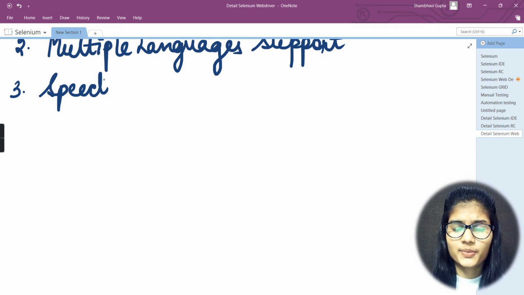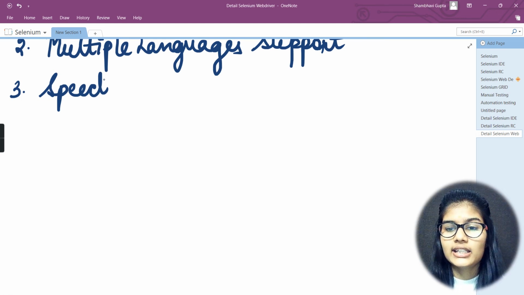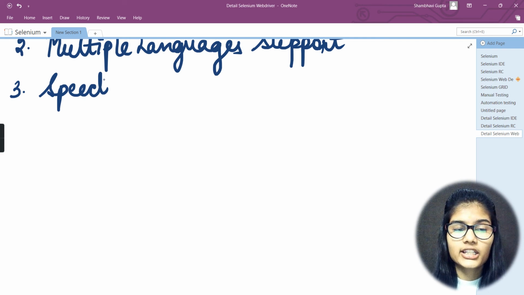We already discovered this in somewhere around the second or third video. It also doesn't require any intermediate server to communicate with the browser. Other tools need a server to communicate, but it doesn't need that, it directly communicates with the browser. So we can say that it is the fastest among the other Selenium suite of tools.